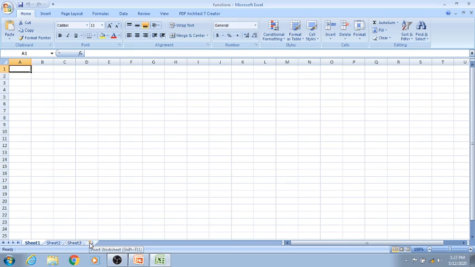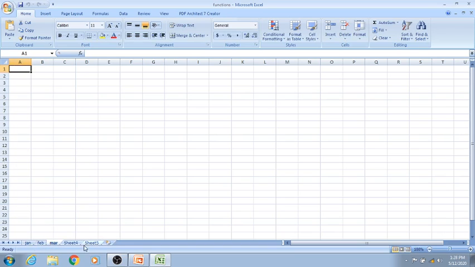This is the option to insert a worksheet. So either you can click this tab or you can simply use the shortcut key which is given there, Shift plus F11. So as I click here, Sheet4 is added, then Sheet5 is added. Now if you want to change the name of the sheets, what you have to do is simply click on the sheet name and type. Suppose I have given here Jan, Feb, March. See, the name is changed, isn't it?